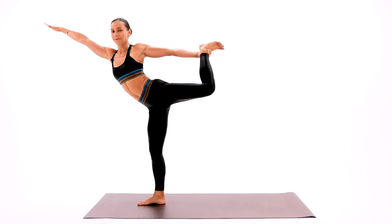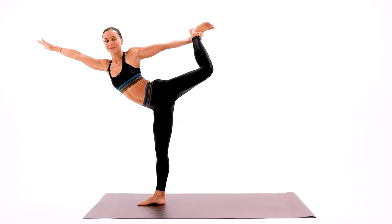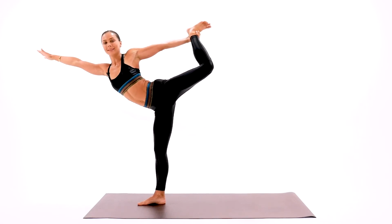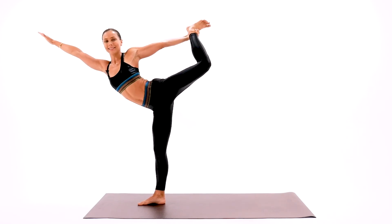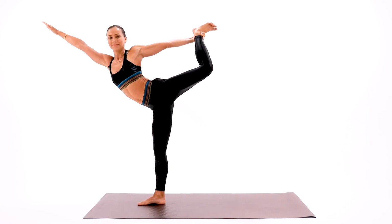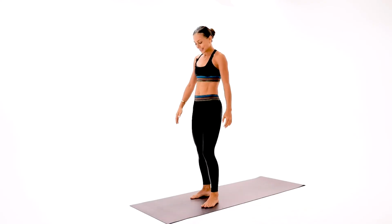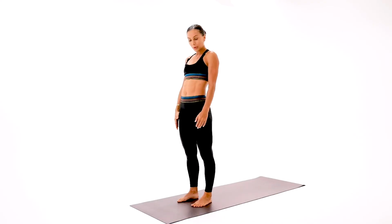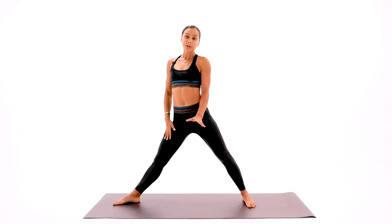You can hold the wall with your left hand. And if you're falling down, just start over again. Breathe, guys. Find the balance. Breathe. Great work. We're gonna take it down and let it go. Awesome job. So now we're going to step our left up front, the one which was a supportive one for